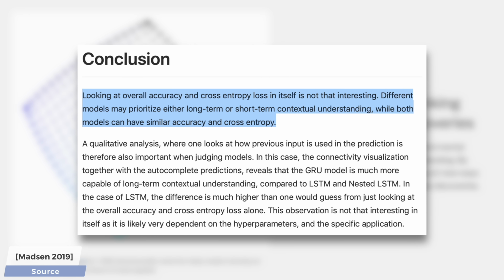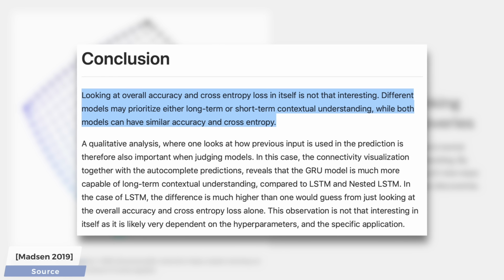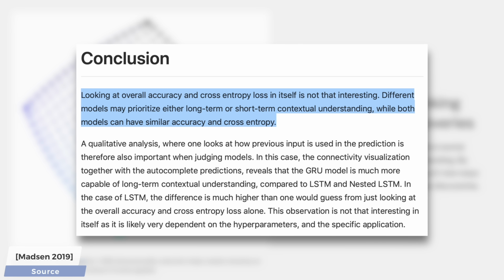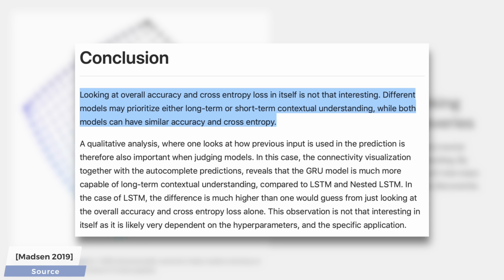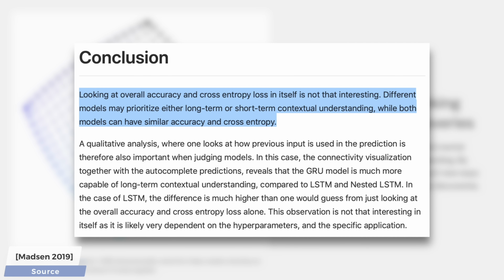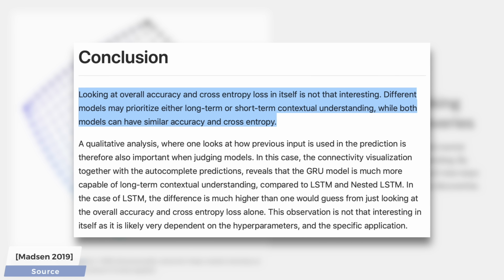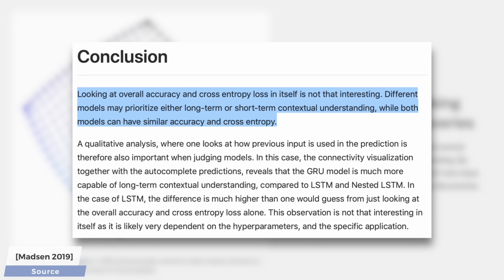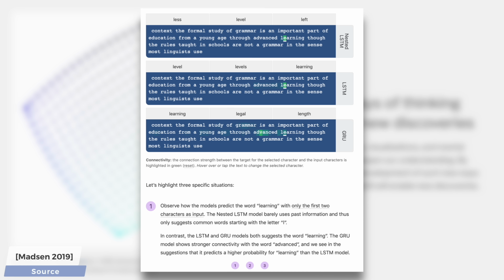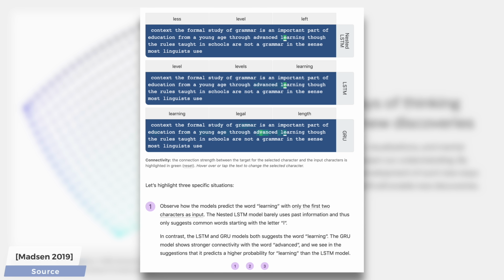One of the main arguments of this paper is that when comparing these networks against each other in terms of quality, we shouldn't only look at the output text they generate. For instance, it is possible for two models that work quite differently to have a very similar accuracy and score on these tests. The author argues that we should look beyond these metrics and look at this kind of connectivity information as well. This way, we may find useful pieces of knowledge, like the fact that GRU is better at